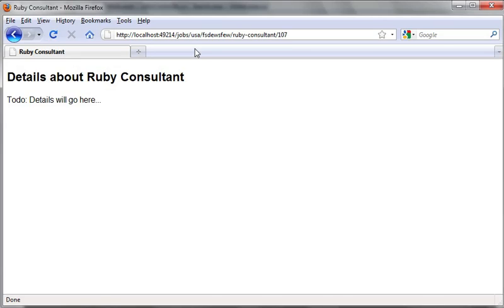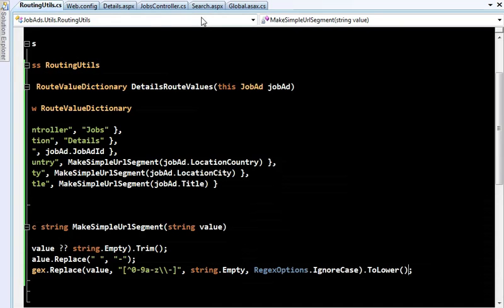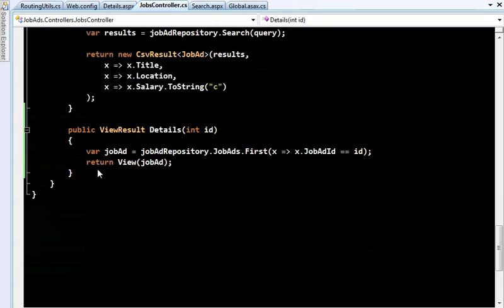To achieve this, we need to prevent people from visiting that content using the wrong URL, and preferably we'll automatically redirect them to the correct URL. This is called enforcing canonical URLs. It's quite easy to do. I'm going to add an extra method into my controller called enforce canonical URL.